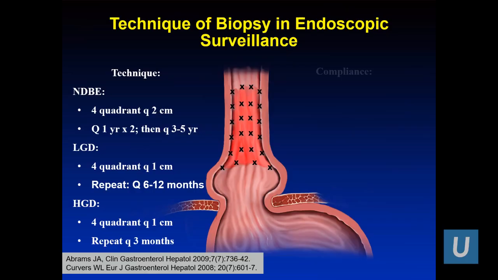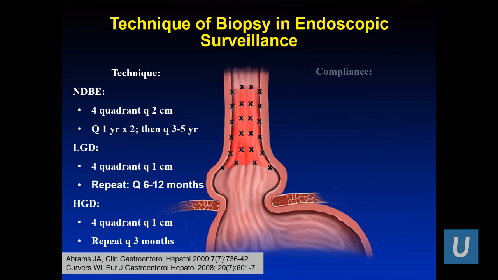What about in biopsies? Well, the current technique for non-dysplastic is to take 4-quadrant biopsies every 2 centimeters. There's some debate on whether you need to do it twice a year apart initially. In fact, the most recent ACG guidelines do not recommend that. And then every 3 to 5 years. And then for low-grade dysplasia, you take 4-quadrant biopsies every 1 centimeter, and then you can repeat that every 6